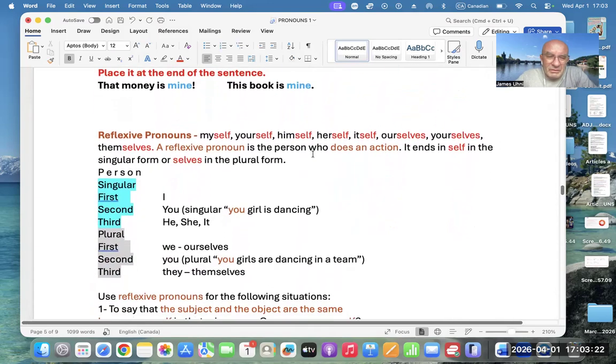Then there are reflexive pronouns. Myself, yourself, himself. These are singular and these are plurals. Ourselves, yourselves, and themselves. A reflexive pronoun is the person who does an action. It ends in self in the singular form and selves in the plural form. So we have the so-called person in